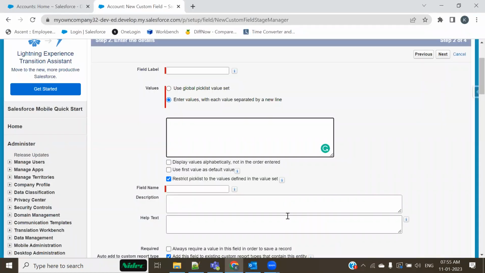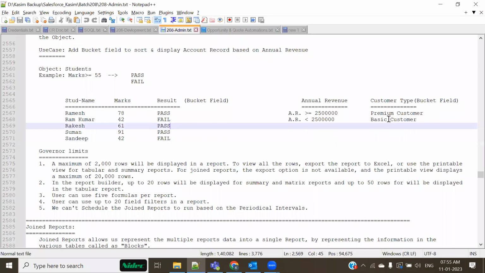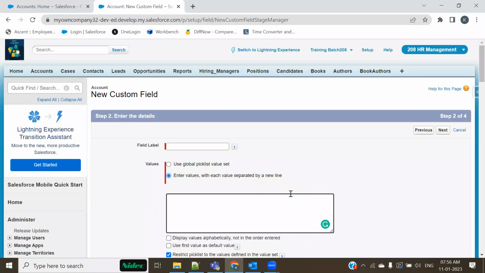Can any one of you tell me how many custom fields we could create inside an object? Do we either have a governor limit or not? Yes, of course we do have. If you are trying to create a custom field, first of all, ask this to yourself: where is this field going to be used? If the only purpose of this field is to be displayed on a report, there is no need to create one additional field, because we have certain governor limits related to objects.